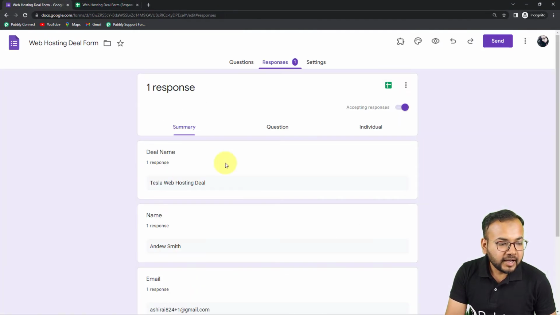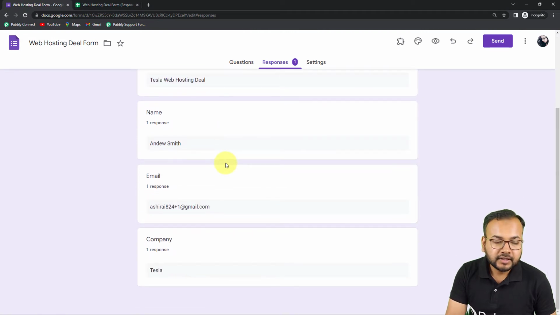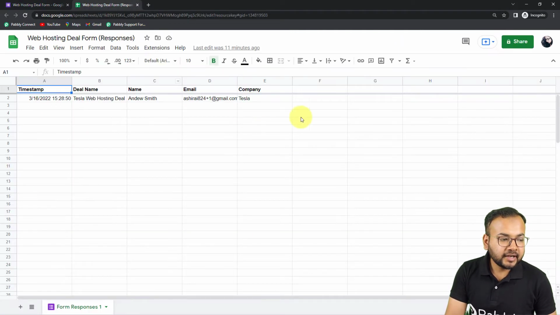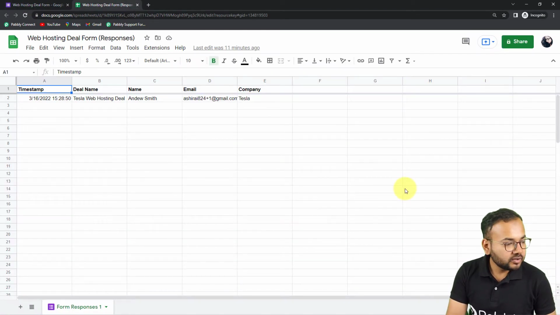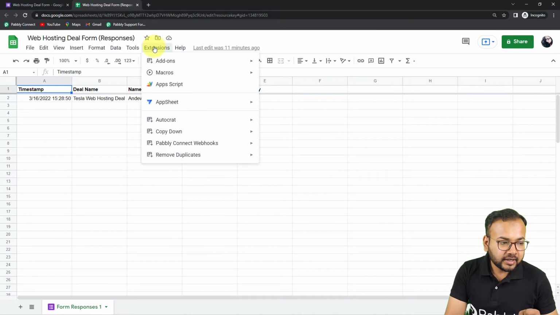Okay, so this is the form I have created, right? And this is a spreadsheet connected to this form. So as and when any person fills this form, the data is going to be collected here in the spreadsheet. Okay, so here in this spreadsheet, you have to go to this extensions button, click on extensions,